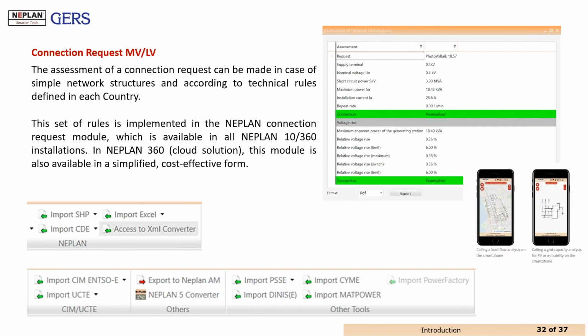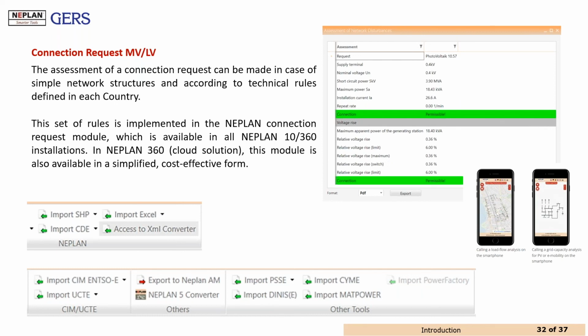But also, I would like to mention here, if the transmission system is modeled in other software and the grid code requirements mean that we have to consider the system performance on the transmission system too, it is convenient to mention that NEPLAN can import PSS/E, which is highly used in the US.